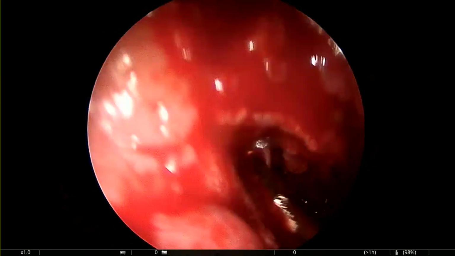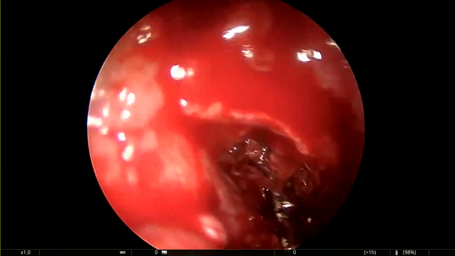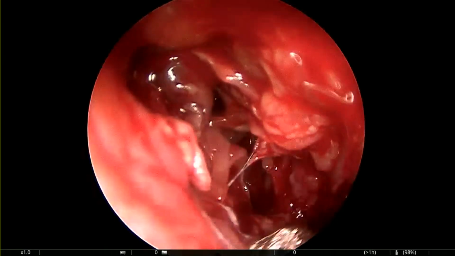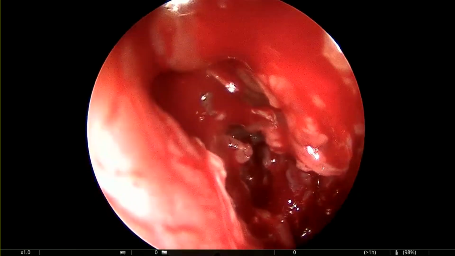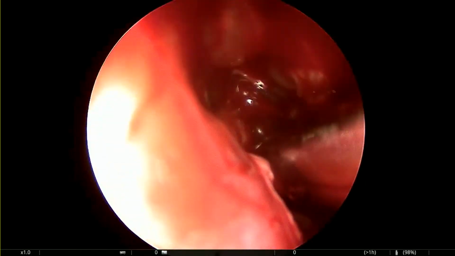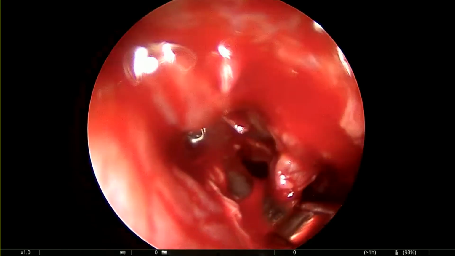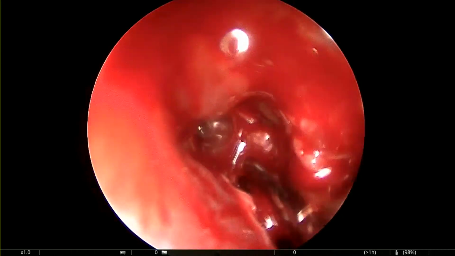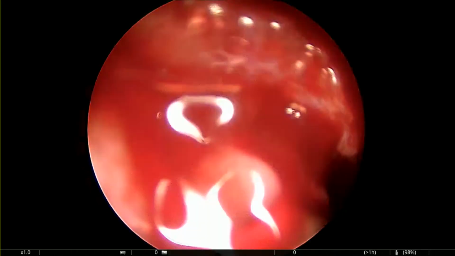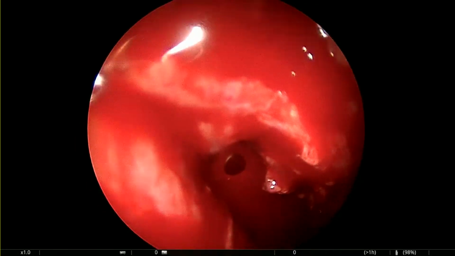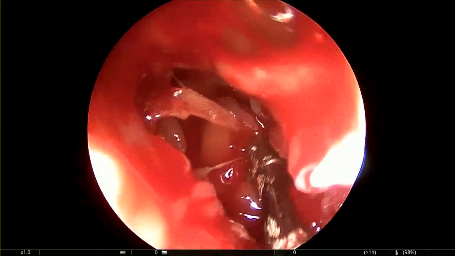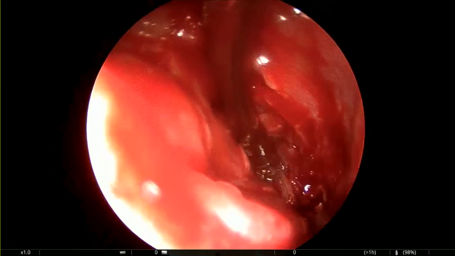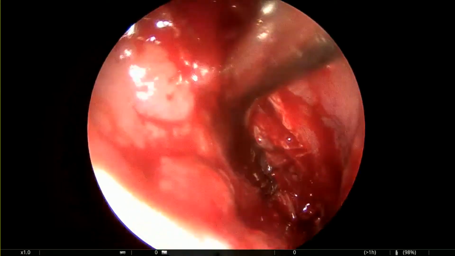So now the sphenoid is a little bit okay. 45 degrees. So histology to control if it's invasive or not. There is some forceps